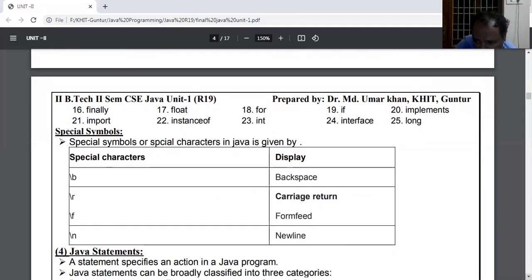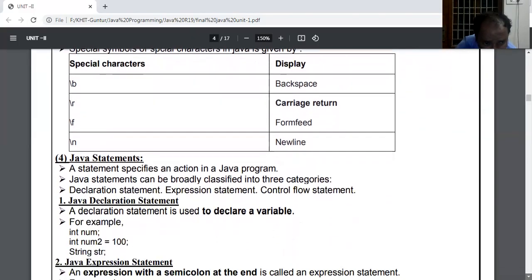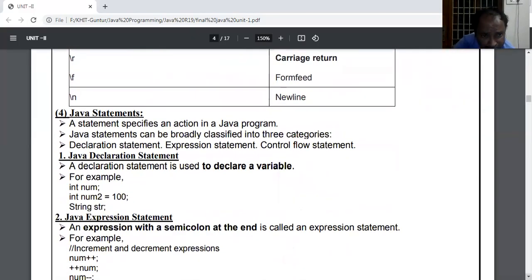Java statements. What are the different Java statements? A statement specifies an action in a Java program. Java statements can be broadly classified into 3 categories: declaration statement, expression statement, and control flow statements. Declaration statements mean just declaring a variable, for example int num2 = 100; String str;